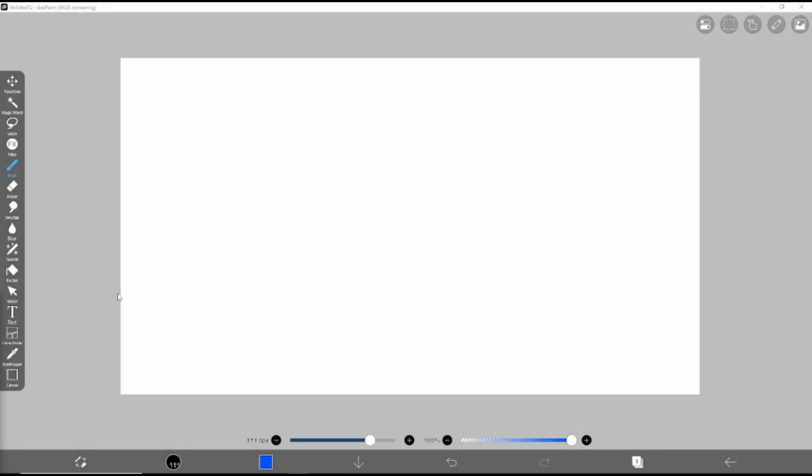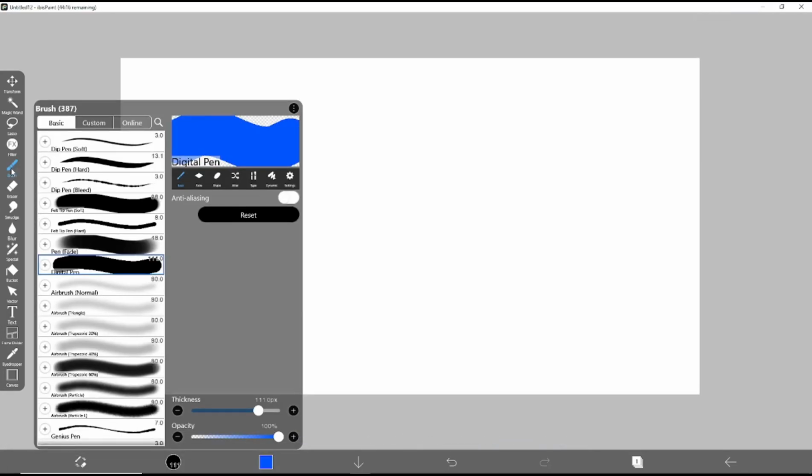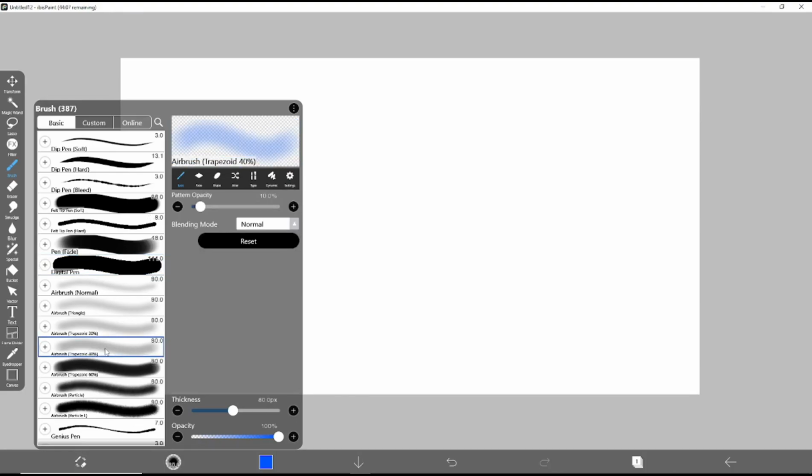Hello everyone, today we are going to learn a basic Ibis Paint X tutorial: how to make a blur brush. You can click on the brush tools and then choose the brush options. To make blur, I will use these options: airbrush trapezoid 40%, and you can change the opacity in it